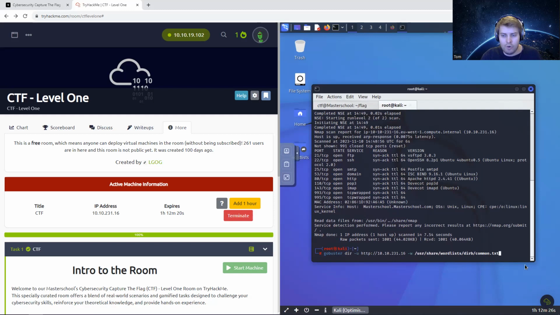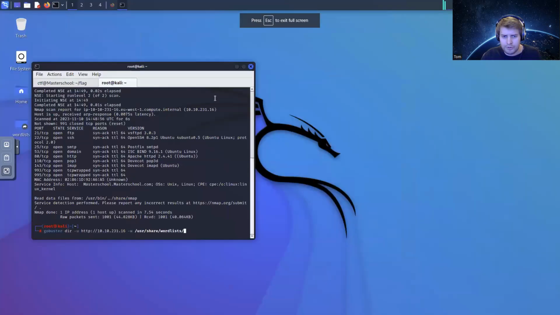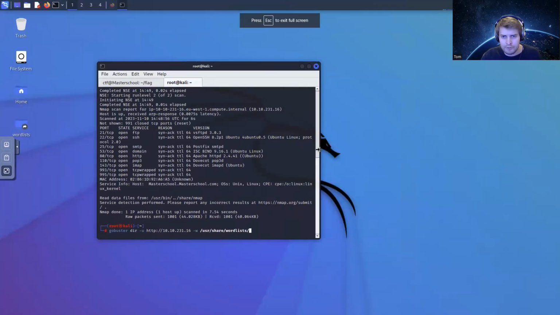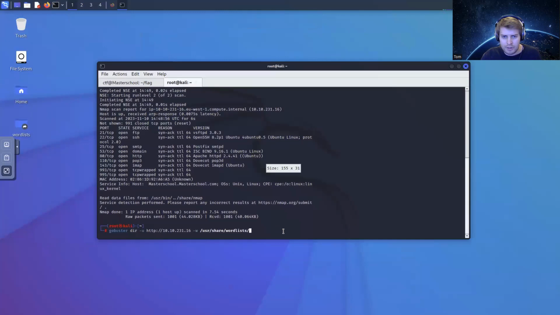Now, if you're using the regular attack box on TryHackMe rather than a Kali box or a Kali virtual machine, then this will be located in a slightly different location. I'll build this out so we can see it better. It will be located at /usr/share/wordlists/seclists/